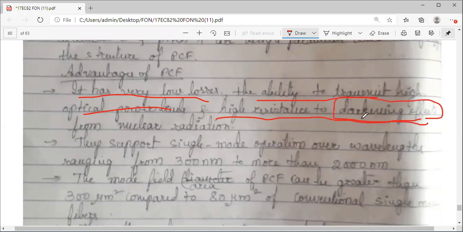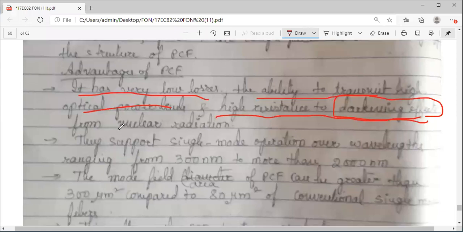Whenever these optical fibers are used in a nuclear environment, due to the nuclear radiations, the structure of the material with which it is made will deviate and there is a chance of breakage of the optical fiber. So these are high resistance to darkening effects.